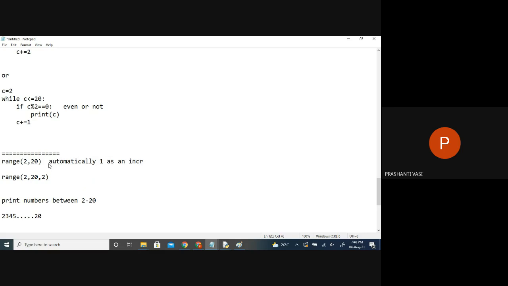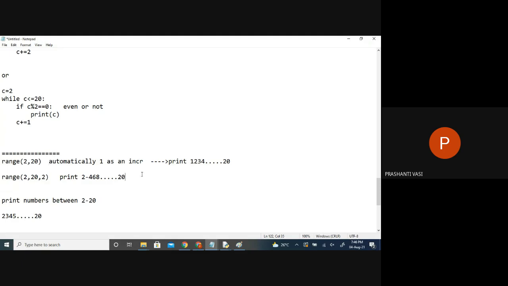So that means if I run this particular code, it will print 1, 2, 3, 4 till 20, all natural numbers. But when I do this, I have provided the last number as 2. It will print 2 to 20, all even numbers: 2, 4, 6, 8, and it goes on till 20. No other numbers here. It means there is a purpose of writing this.